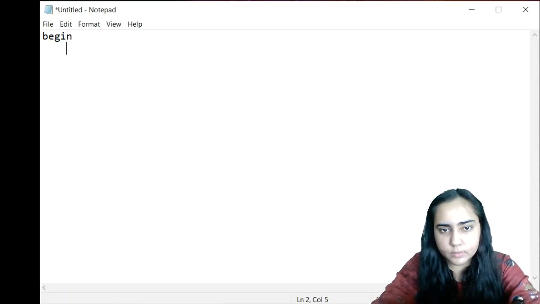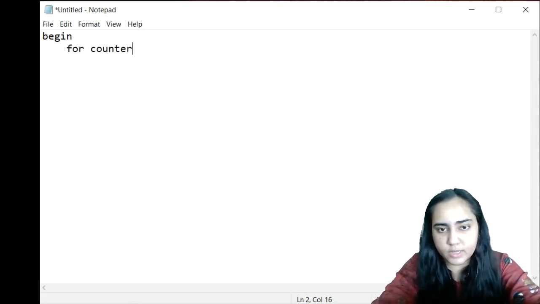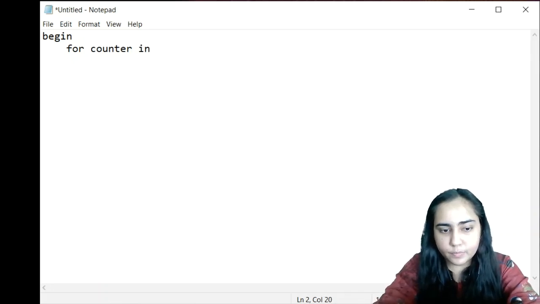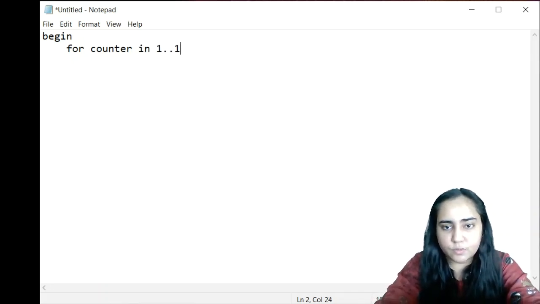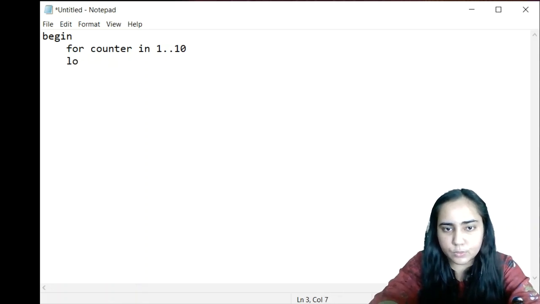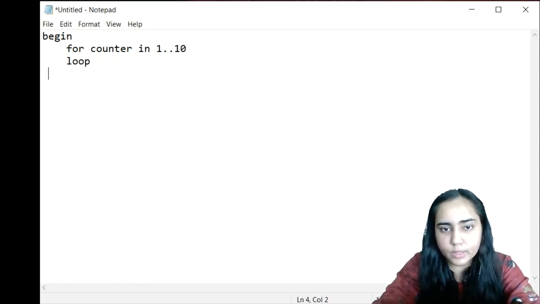and I'll write the for loop. And once again, I'll have a counter variable that in this case goes from 1 to 10. And then I'll start the loop. So this is the loop. And